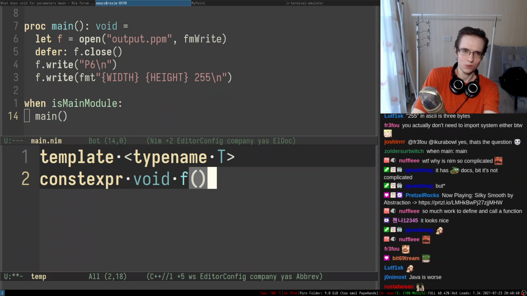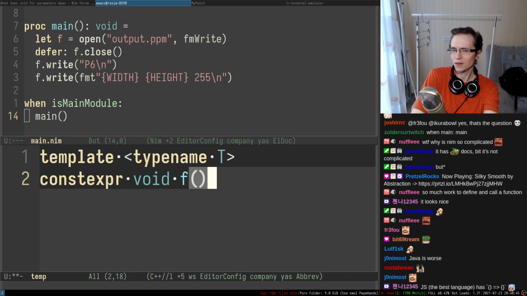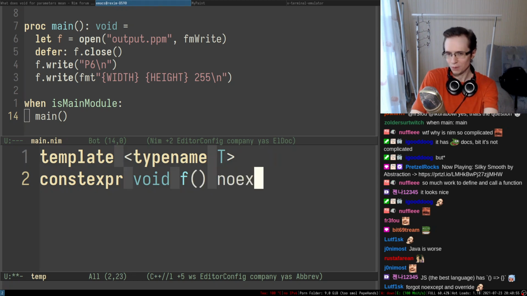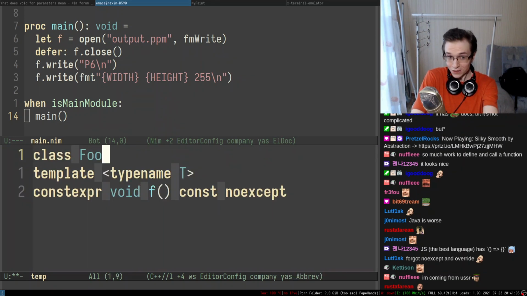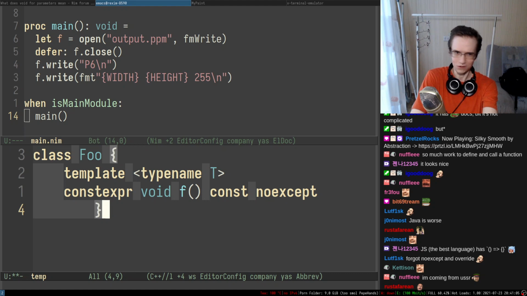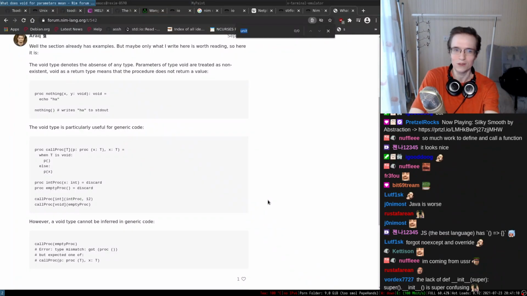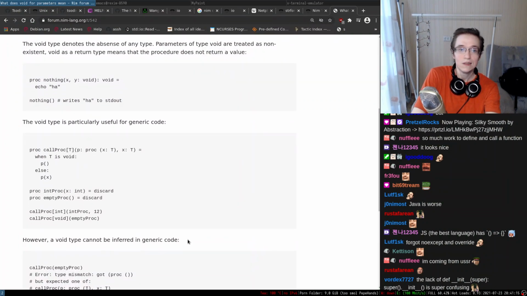Where do you see complexity? You say it's complicated, that means you see complexity somewhere. I literally don't see complexity. What I see is that I don't really know how to do that. And noexcept, yeah, noexcept. Const, don't forget the const if you are inside of the class, right? So this is complicated. This is straight up complicated. This is not. I just don't know how to do that because I haven't programmed in that language for very long. So yeah, it doesn't look that complicated to me.